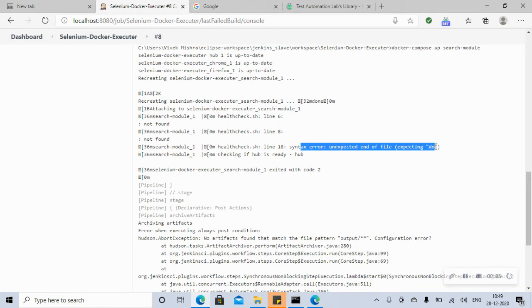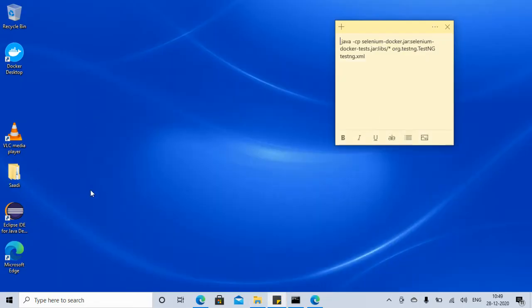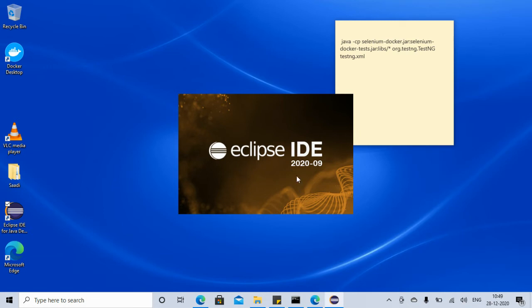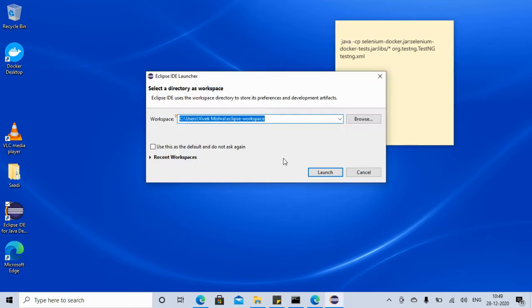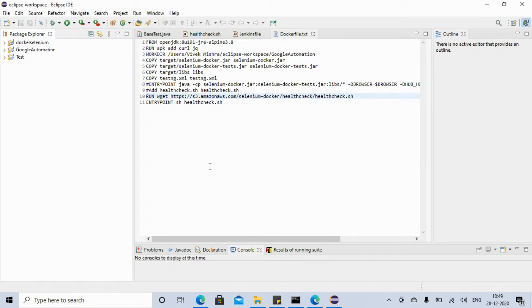So what happened? We have our health check script in our project, let me open Eclipse so I can explain it to you. If you go to our project Google Automation, here we have this health check script.